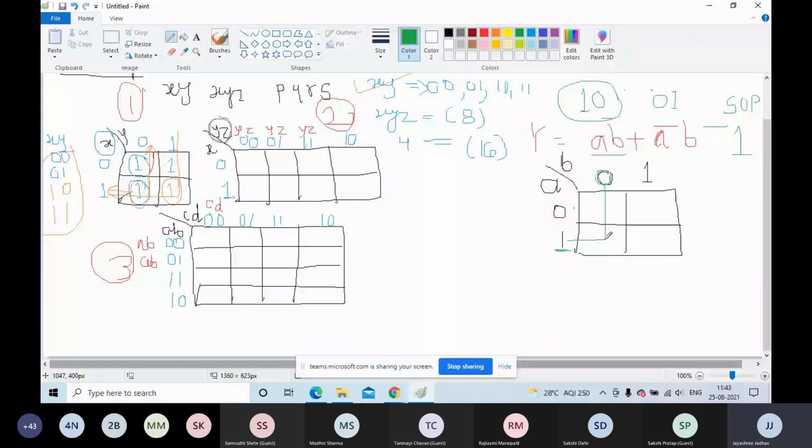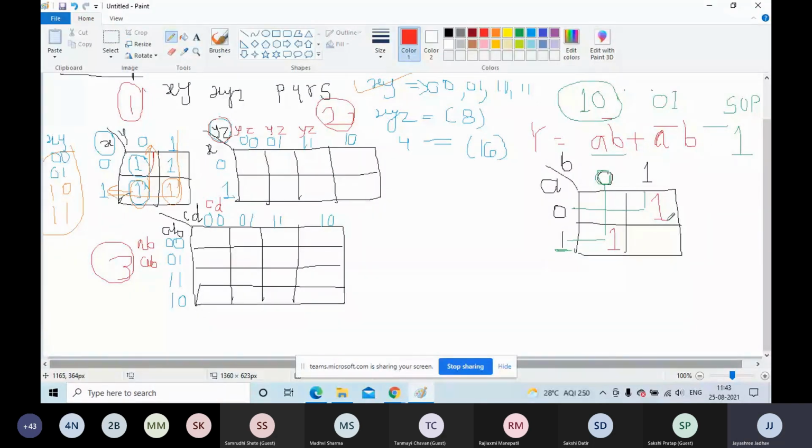You have to enter what? 1 into the K-map cell. Okay. Now, what is the next term here? 0 and 1. So you have to see where is my 0? Value of A should be 0. So this is my row. And here the value of B should be 1. So this is the column. So here is the common place. For that you have to see both the values A and B. And here I will write 1. So this is how we can enter a 1 into the K-map cells. Understood, girls? Yes, ma'am. Okay.